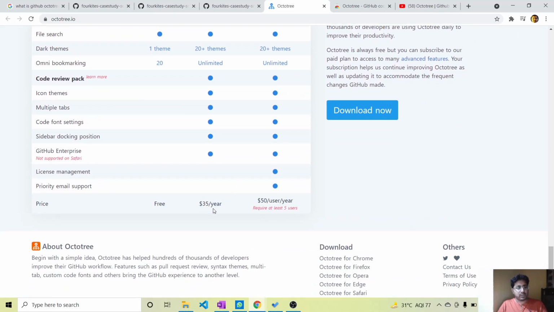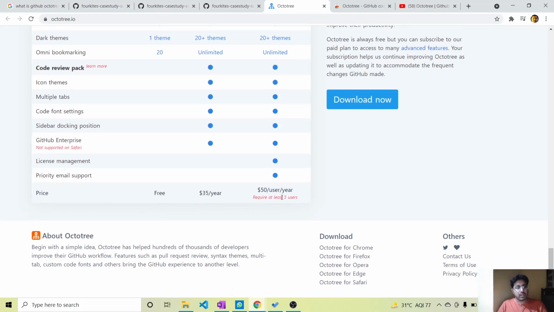Octotree Pro is $35 per year and Octotree Team is $50 per user per year. So basically what is Octotree? Beginning with a simple idea, Octotree has helped hundreds of thousands of developers improve their GitHub workflow. So these are tools to improve the GitHub workflow. Features such as pull request review, syntax themes, multi-tab, custom code fonts bring the GitHub experience to another level.